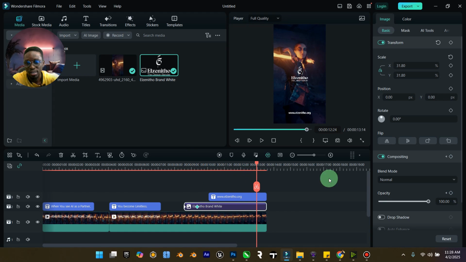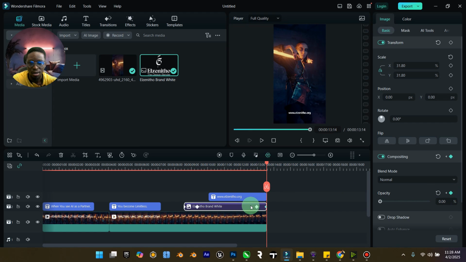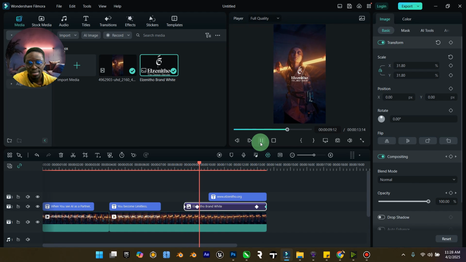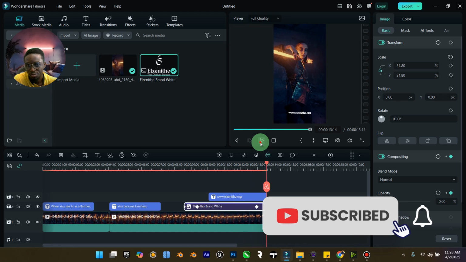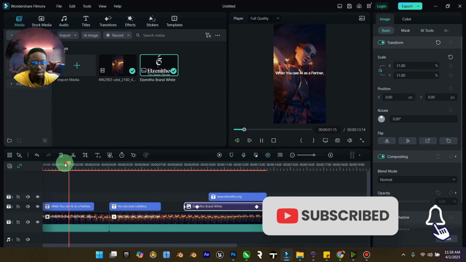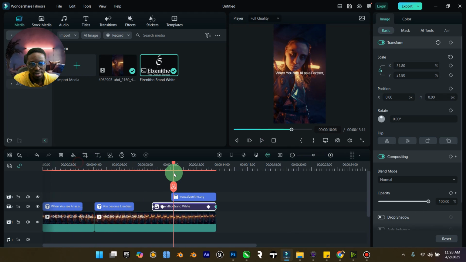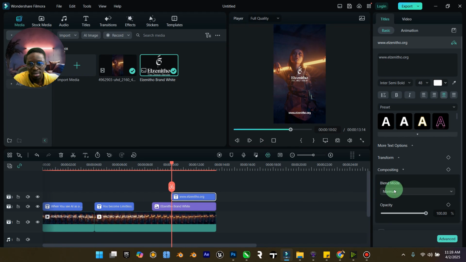And when you go to the ending point, add another keyframe and then another keyframe, just bring it down here. And we have this. The logo fades in and fades out, right? So same thing we're going to do with this website. So zoom into the website, select the website,